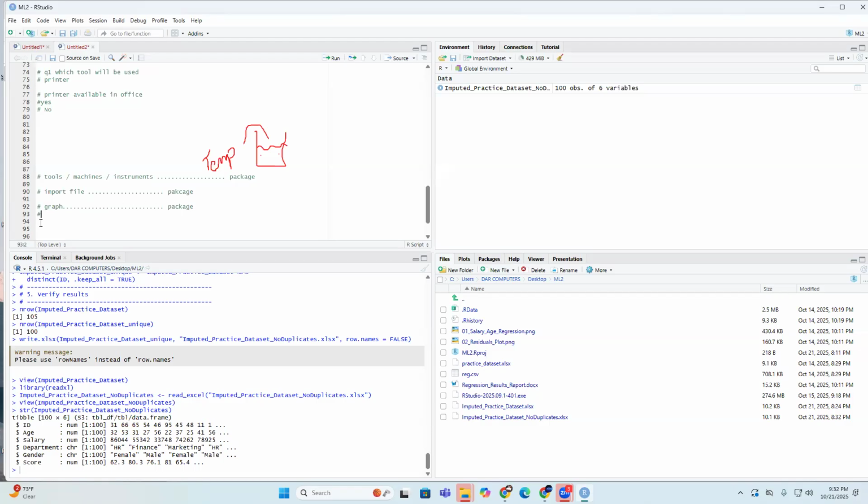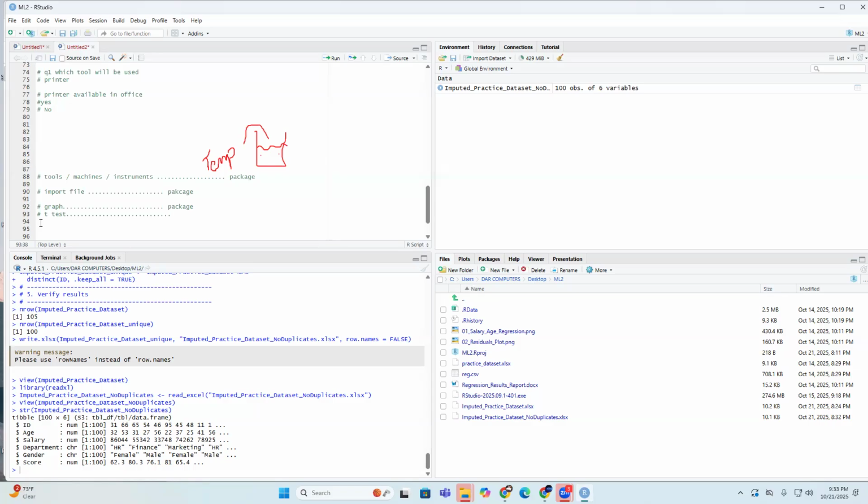You want to perform a t-test, you need a different package. As in your scientific lab, for each and every analysis, for each and every experiment, you need a different tool. If your field of study is not science, you are a businessman, your field of study is economics or business,